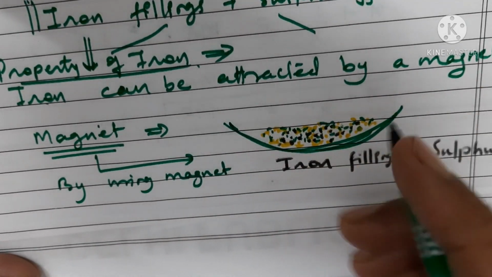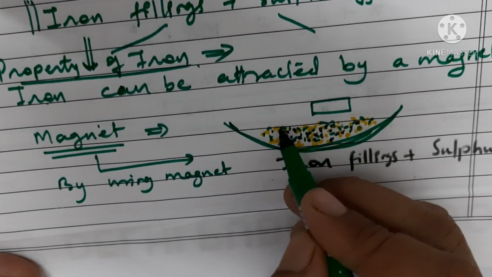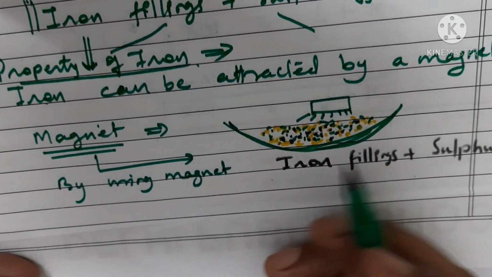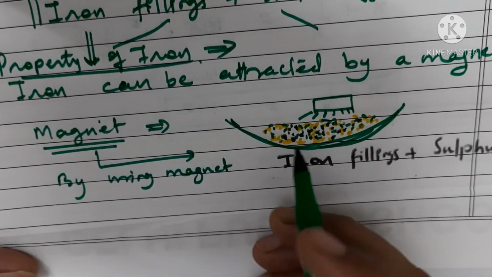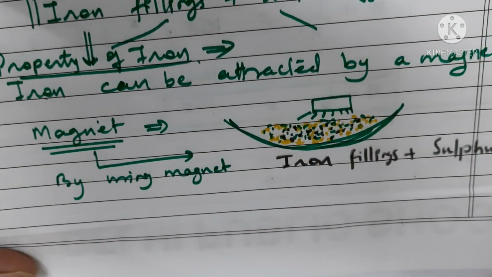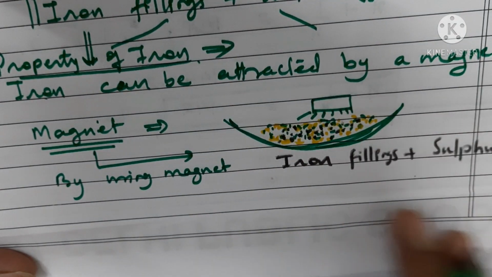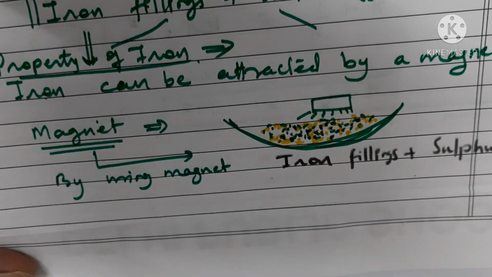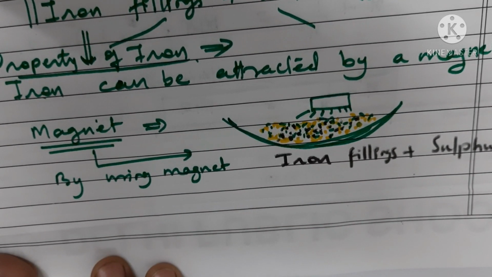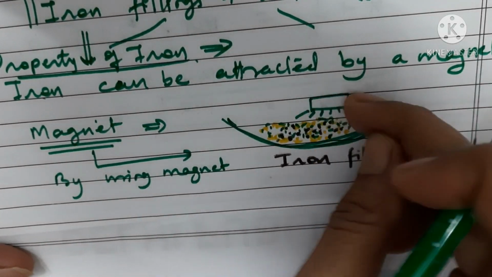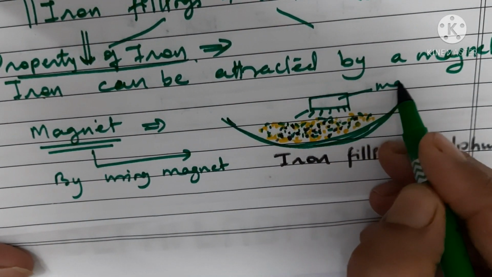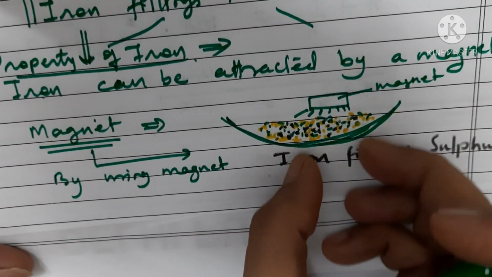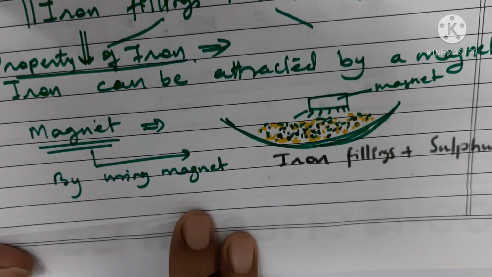we can just hold one magnet over here, and all the iron filings will go and just attach to this, and in once or twice or thrice, you can bring all the iron filings out of this, and you can separate it out easily. Okay, understood? So here what you can do, you can just take this magnet and move it from here to here, and all the iron filings will just cling to the magnet and they get separated.